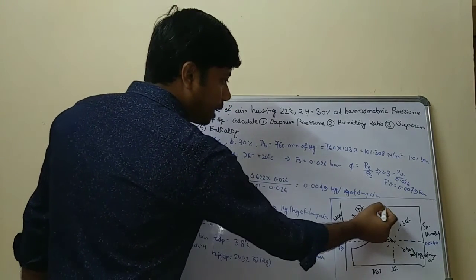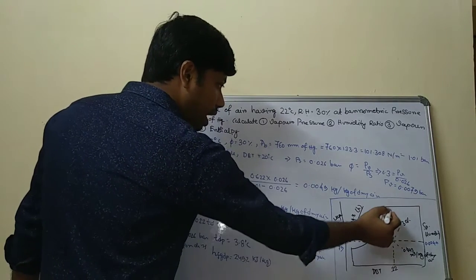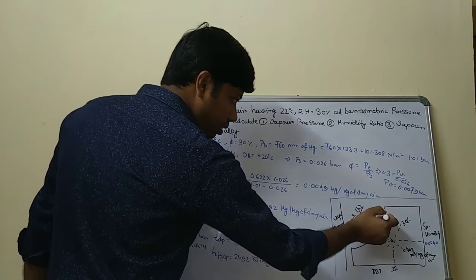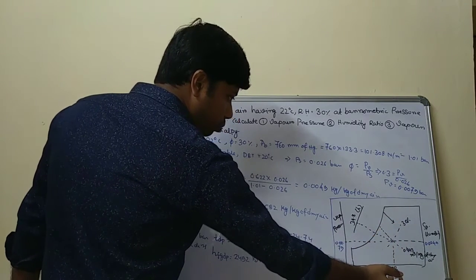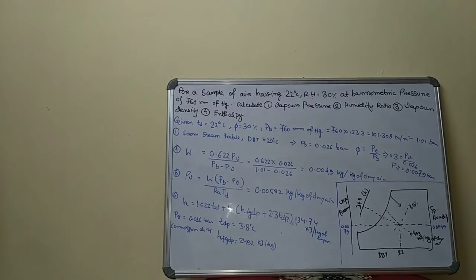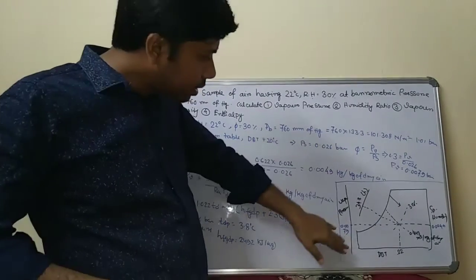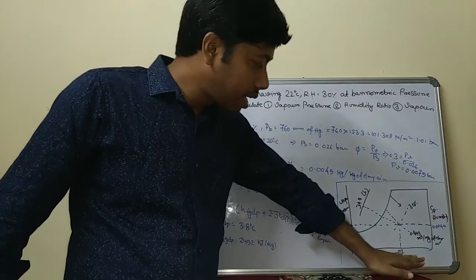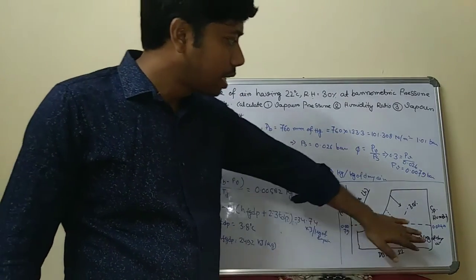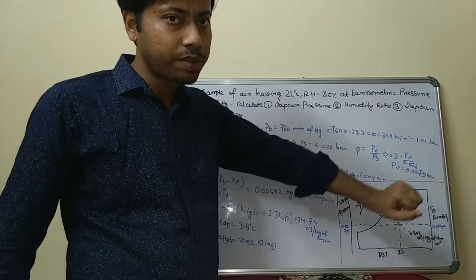As for the relative humidity line, as you know, this is the relative humidity 100% curve. Suppose this is the relative humidity line. So, as we discussed, in this x direction is your dry bulb temperature, and in this direction, as you know, is your specific humidity.